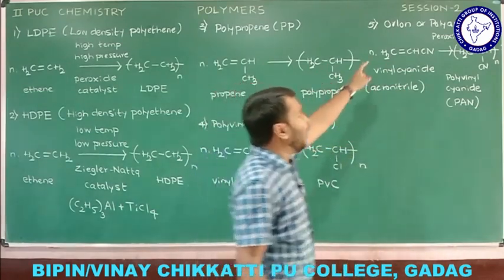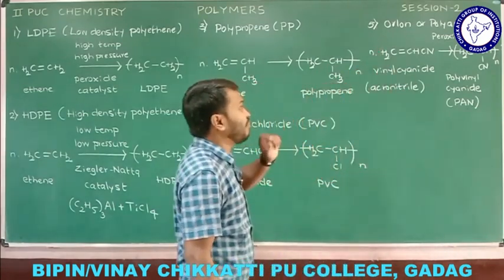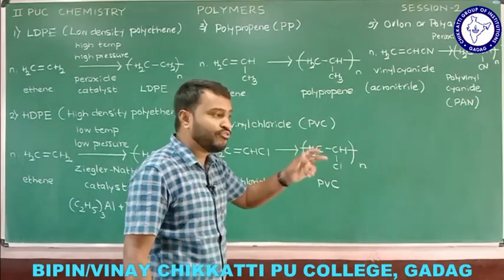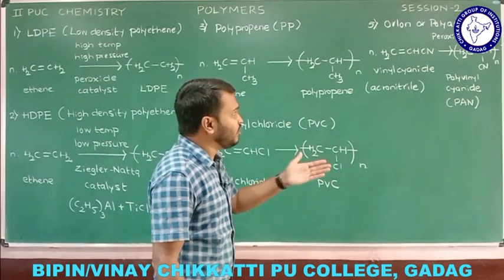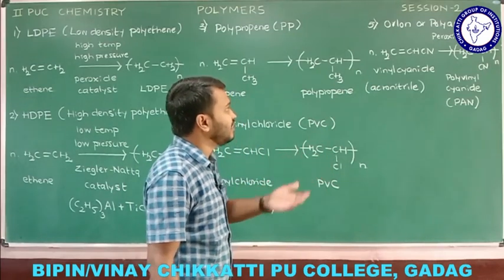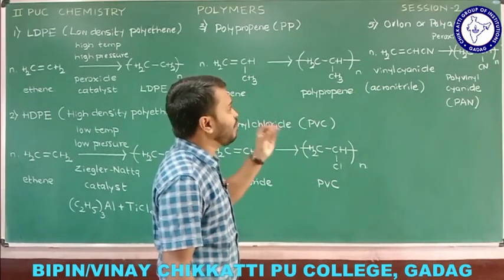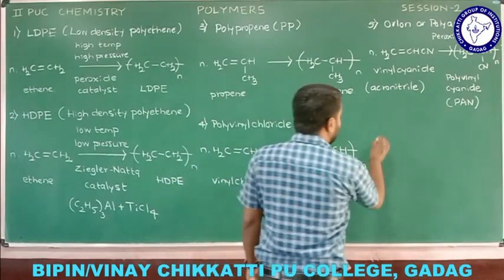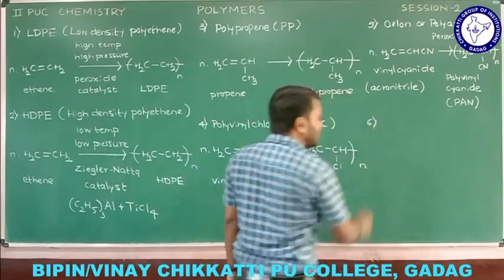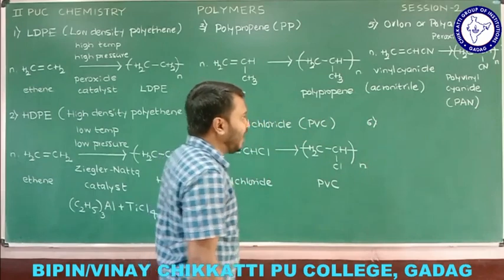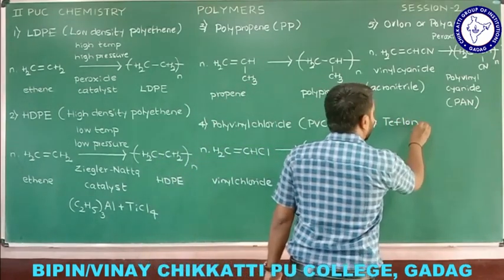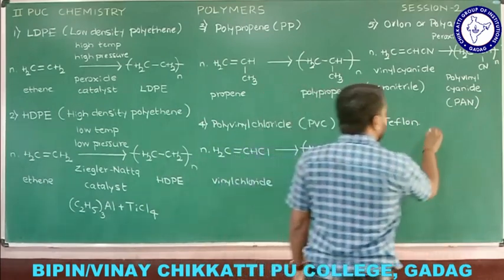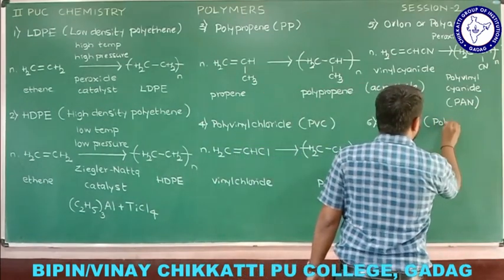Now you try to know Orlon, the word I hope you are quite familiar with. This is the alternative for wool. In the place of wool, nowadays the commercial chemically prepared polymer Orlon is used. One more we'll see, the sixth one, and that will be Teflon. We'll see what that is, and we call it